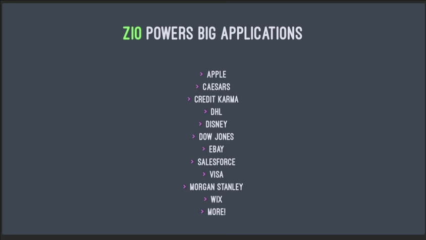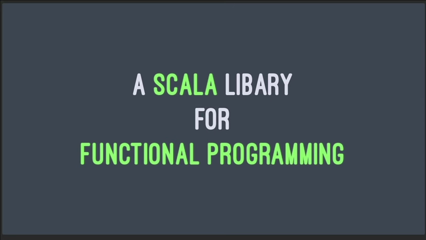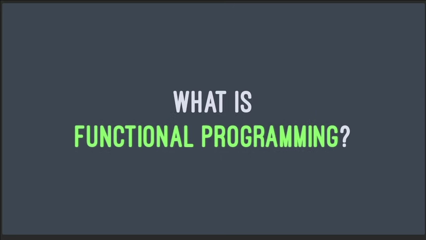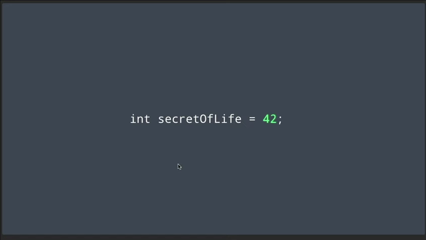ZIO also powers some of the biggest applications in the world, and you can see some of the most well-known names here. Now, I mentioned that ZIO is a Scala library for functional programming, so an excellent question next is, what is functional programming? One way to explain this is, if you know Java, you know how we create a